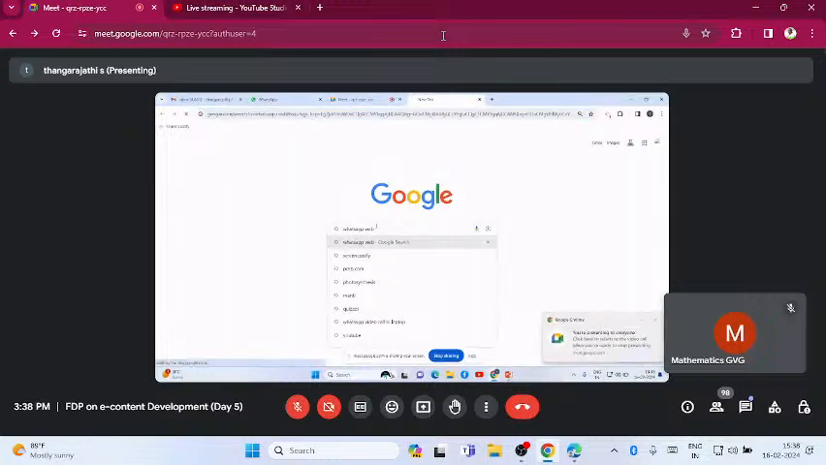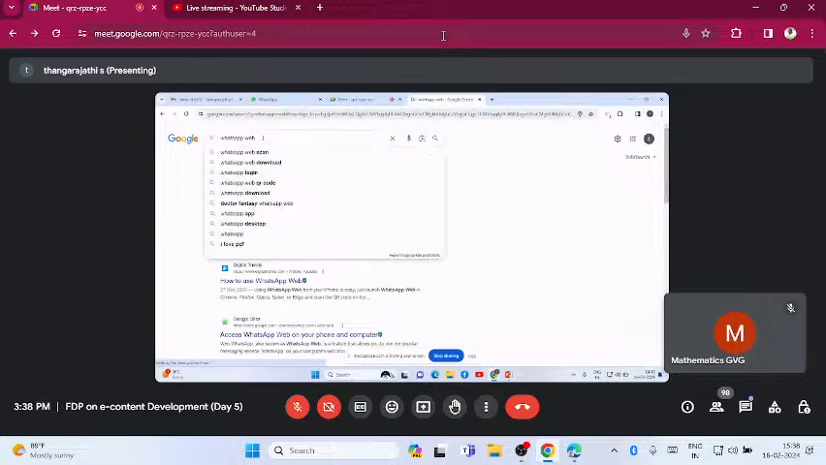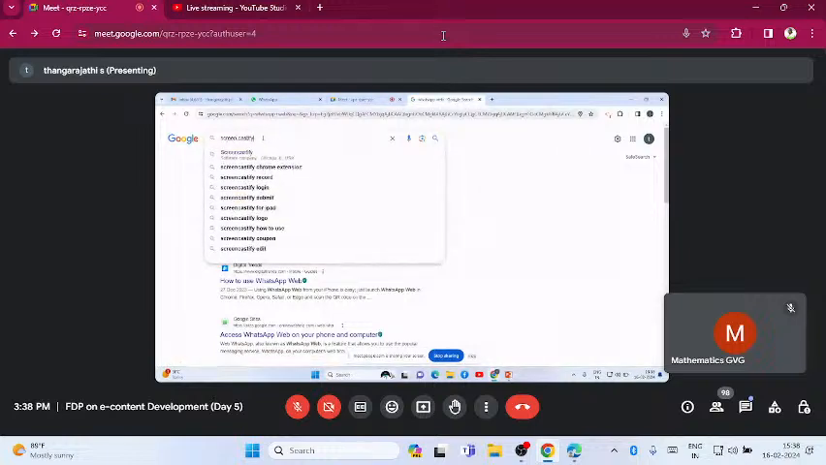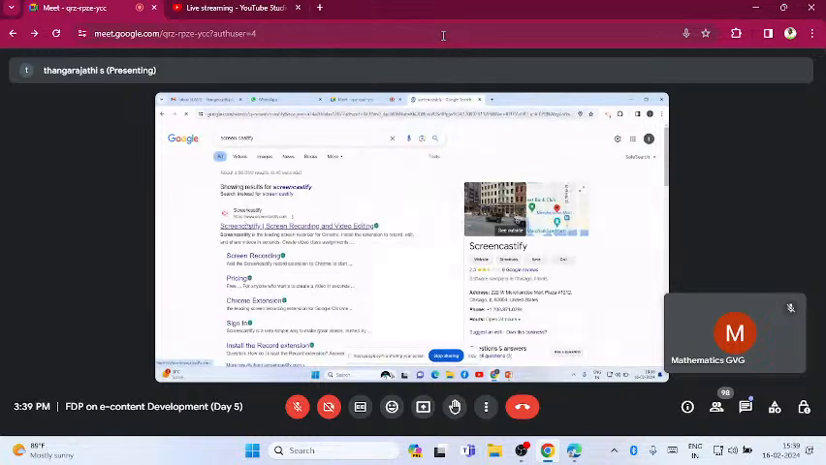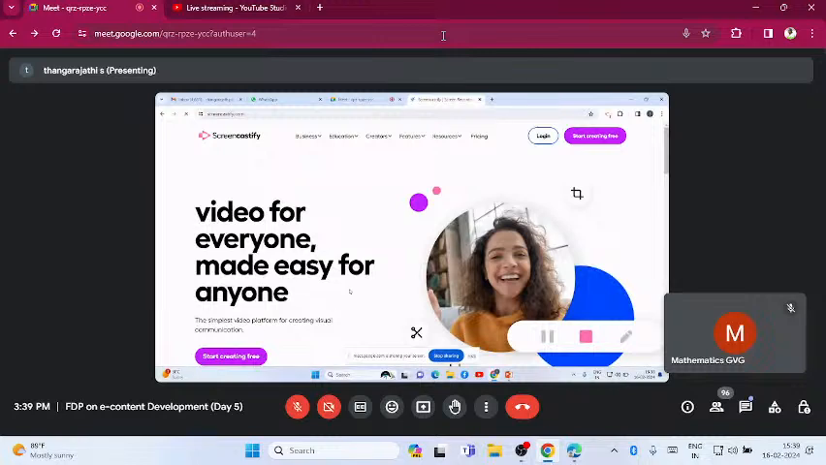So first one is Screencastify. Type in the Google search engine Screencastify. You see, this is the Screencastify screen recording and video editing software. Just install or download this Screencastify video recorder. Once you install, it will be added in this Google Chrome extension. And you see, this is the icon for this Screencastify video recorder. It's a red color symbol. You see, just click this